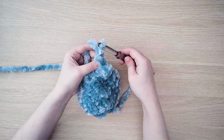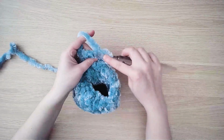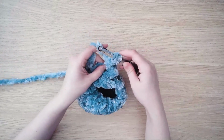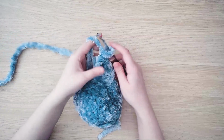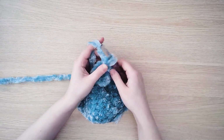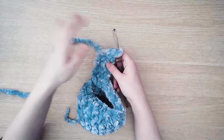So then you're going to chain 1, turn, single crochet 1, single crochet 2, chain 1, turn, single crochet, single crochet, chain 1, repeating this process to kind of create that tentacle,